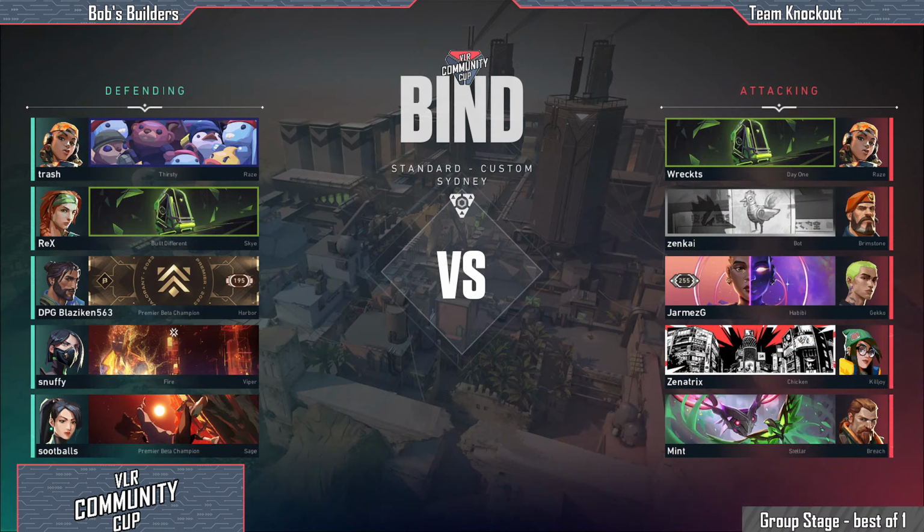And on the defenders, actually, it's a double. Wow, it's a meta VCT comp. It's a double controller of Viper and Harbor with a Skye to boot, Astra, Sage. This is the NRG comp, if I'm not mistaken. Definitely very meta. Probably most teams know how to play this comp or how to play against it, and what sort of set plays you can pull out with this comp. So I don't expect many surprises to come out from Bob's Builder,